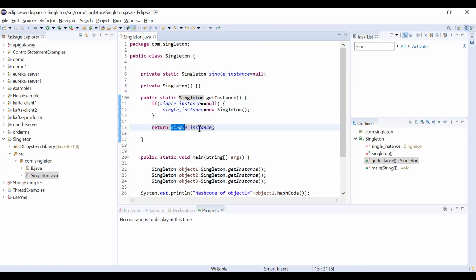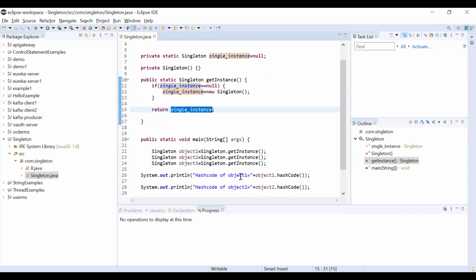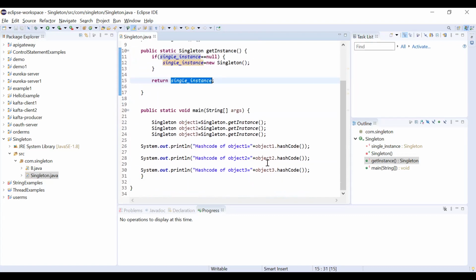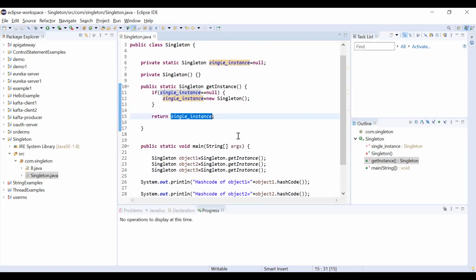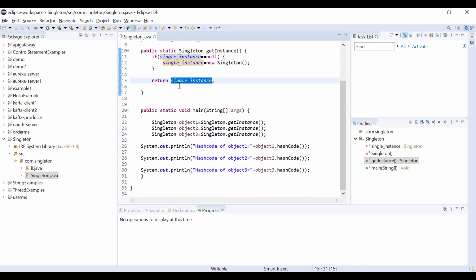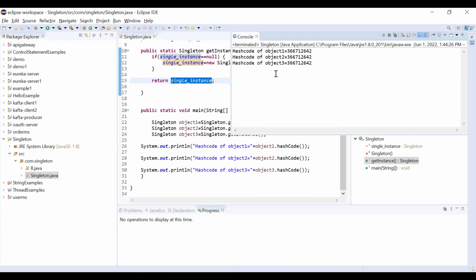It directly returns the single instance, so the same singleInstance is returned in object 2. The same will happen for object 3. It will return the same single instance. That is why we get equal hash code values for all three objects. This is the complete explanation of singleton design pattern.